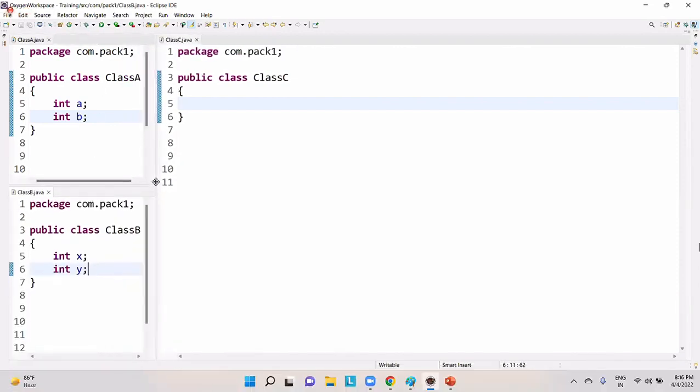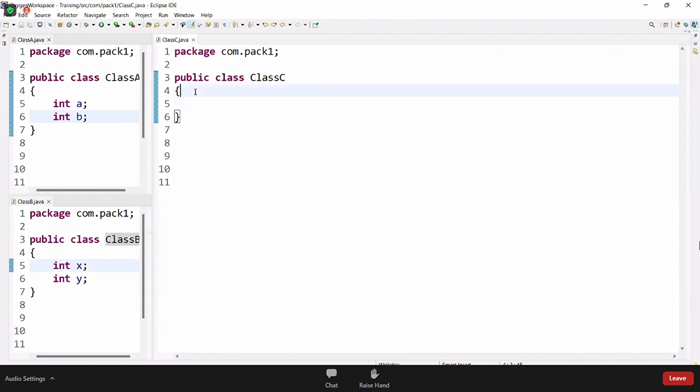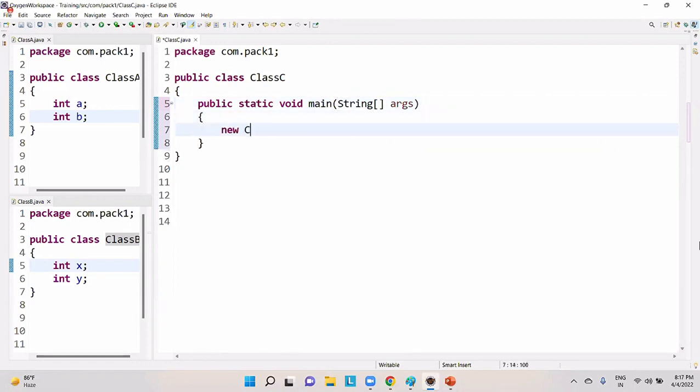In class A, I'm having two variables. In class B also, I'm having two variables. Now in class C, I'll do one thing, guys. Let me try to have my main method. Now inside my main method, I'm trying to create an object for class A